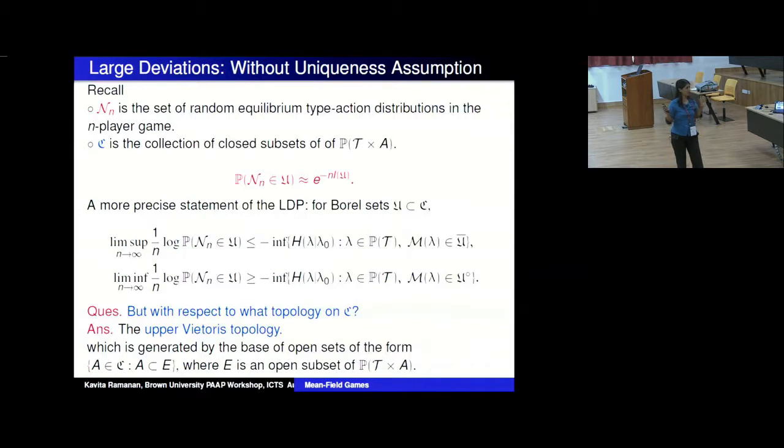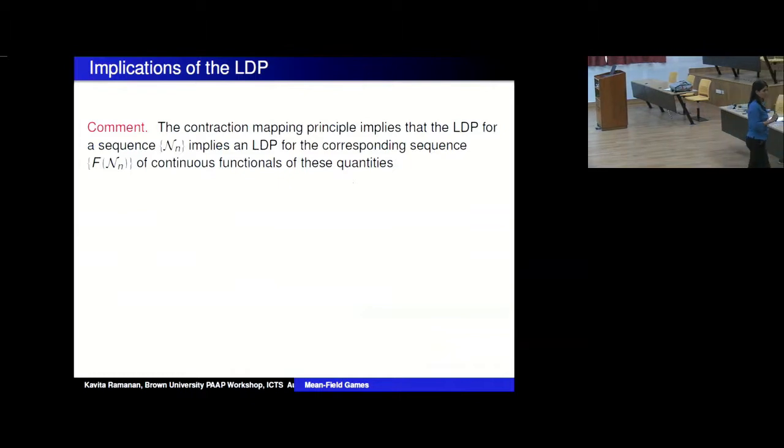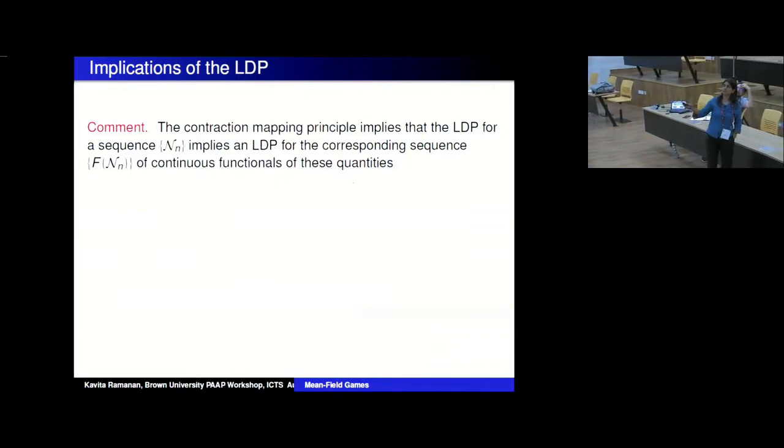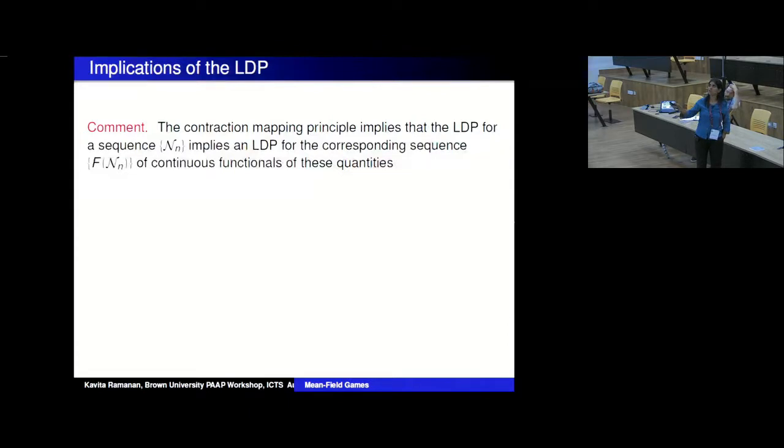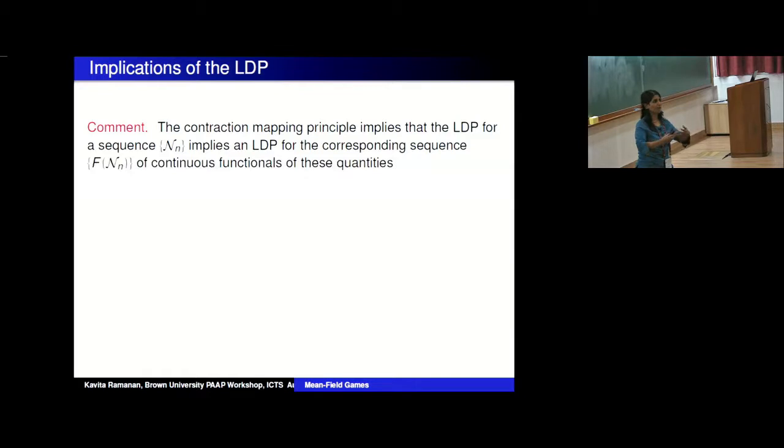Okay? And if you think a little bit about this, it is actually a very coarse topology, which is usually not a good thing, because why do you want to do large deviation principles? You have something called the contraction mapping principle, which implies that if you have an LDP for a sequence Nn, for instance, it also implies an LDP for the corresponding sequence f of Nn, where f is a continuous functional with respect to the topology. So if you have a topology which has a large number of functions which are continuous with respect to it, then proving the large deviation principle has a lot of implications for many other things